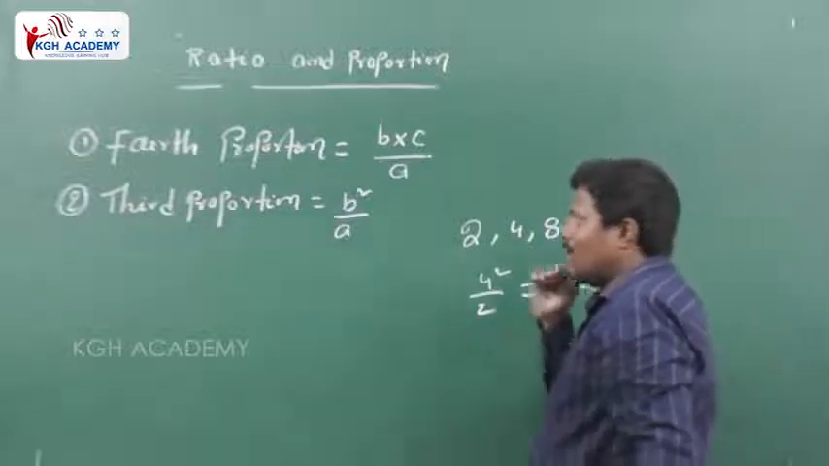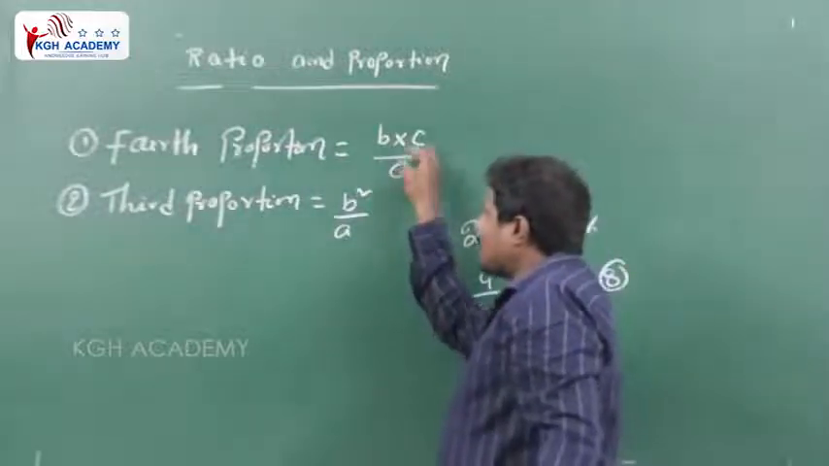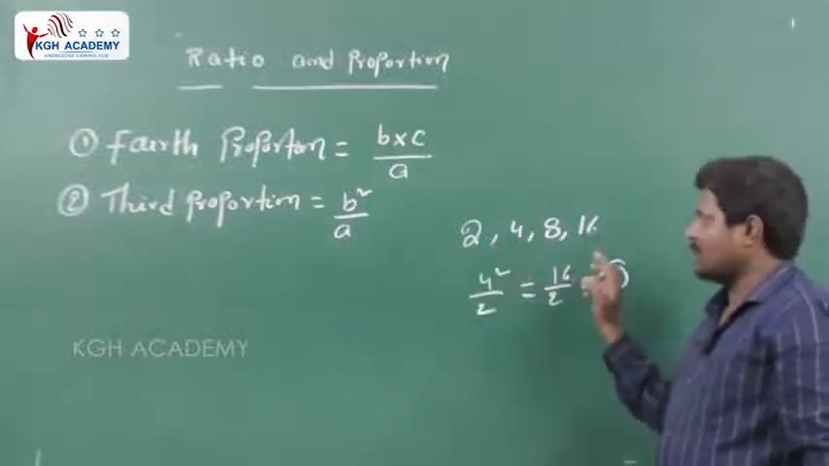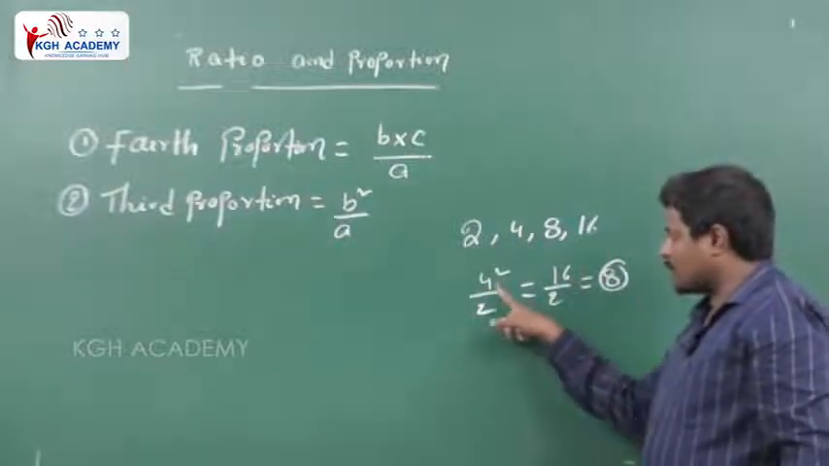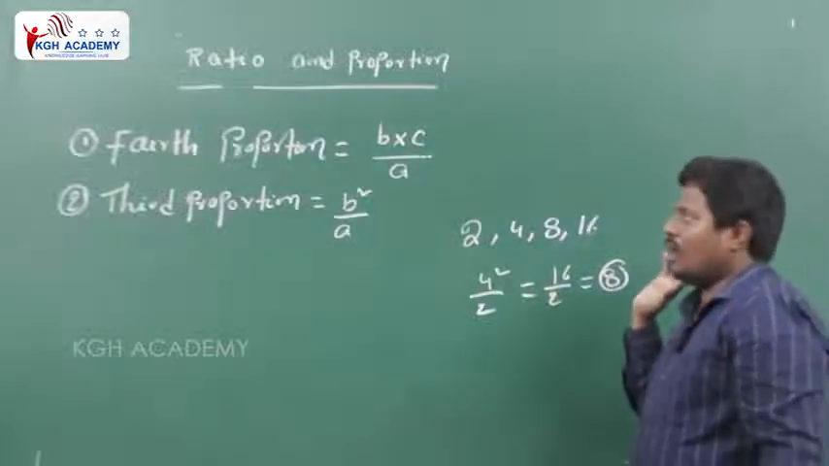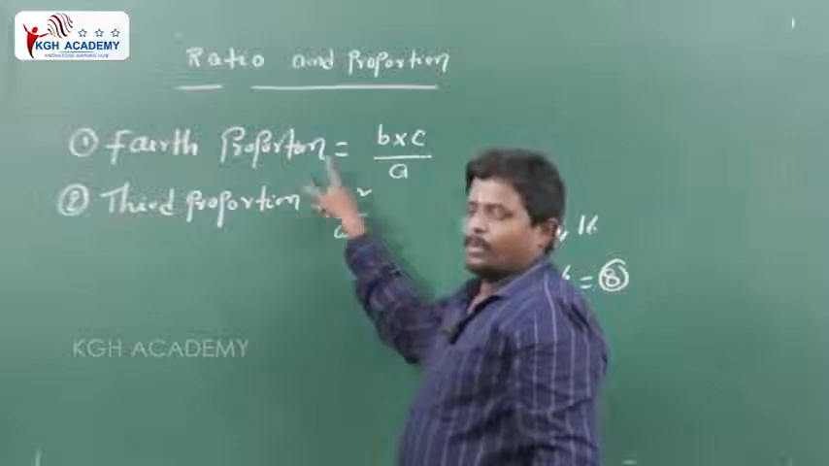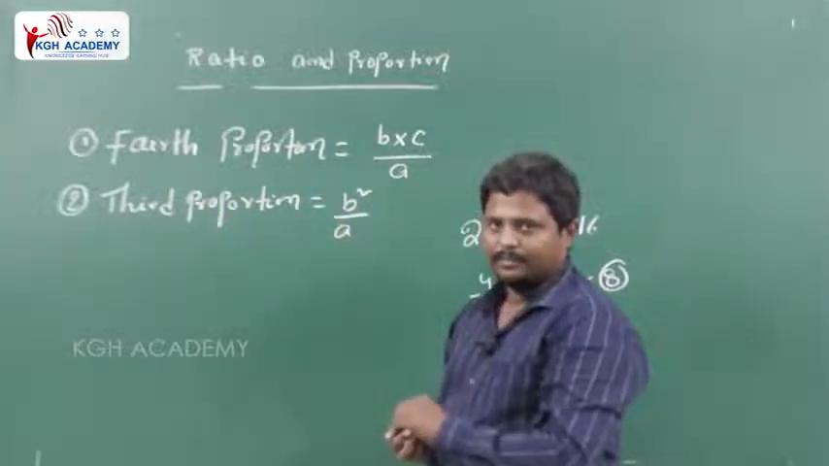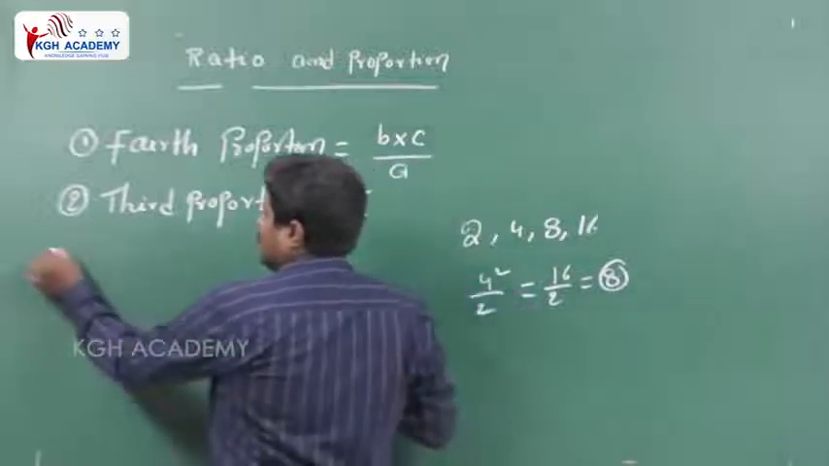I am explaining that formula depending on that example. So 4 square divided by 2, 4 square is 16. 16 divided by 2 is 8 only. Okay. Fourth proportion formula: B into C by A. Third proportion formula: B square divided by A. And the next, third formula,